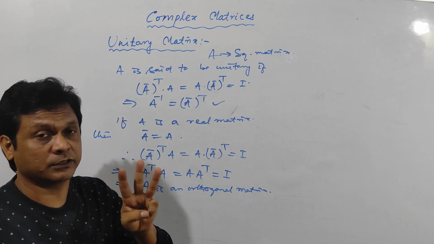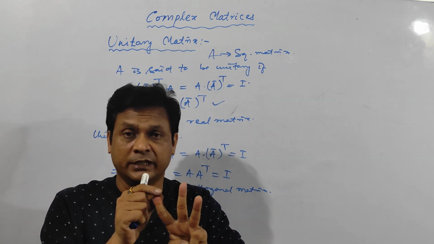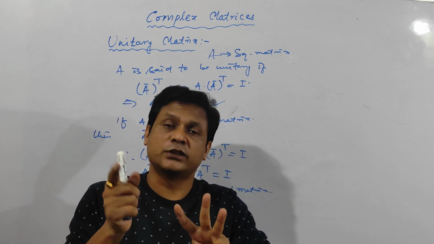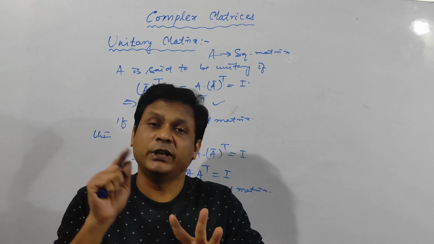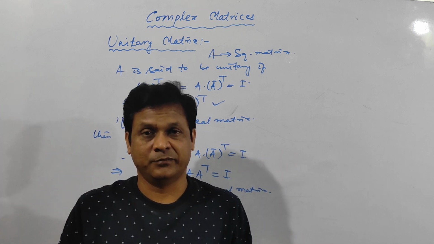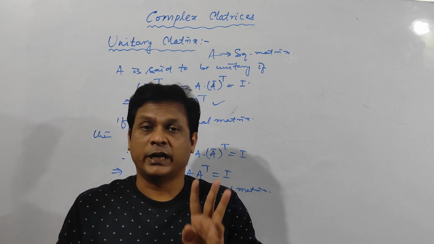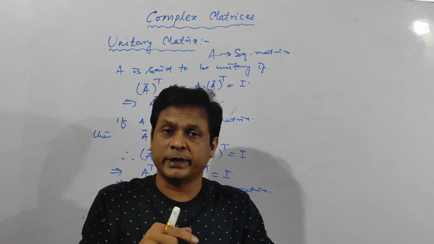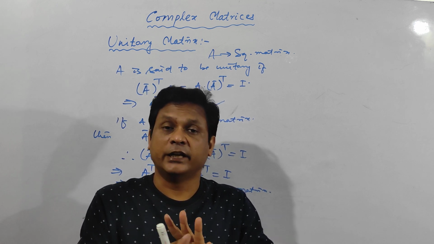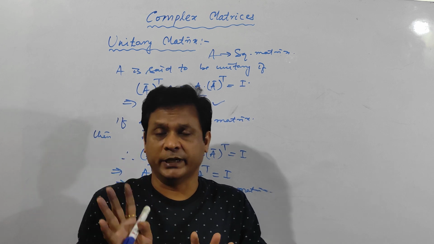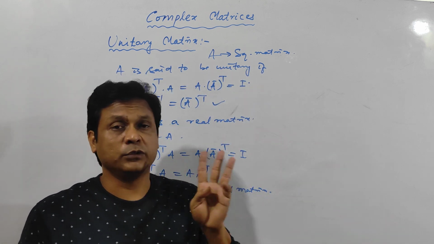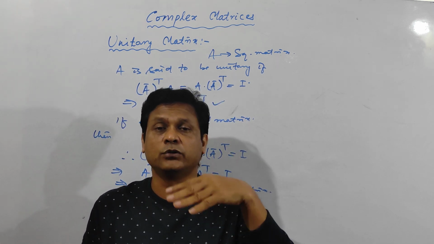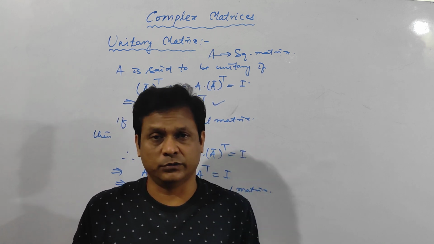I have told you three conditions. A real Hermitian matrix is a symmetric matrix. A real skew Hermitian matrix is a skew symmetric matrix. A real unitary matrix is an orthogonal matrix. Clear? So I have already told you the special types of matrices, that means symmetric, skew symmetric, orthogonal, idempotent, nilpotent, inverted matrices. And today I have told you three important matrices, that is Hermitian, skew Hermitian and unitary matrices. And how to recognize those matrices I have already told you.